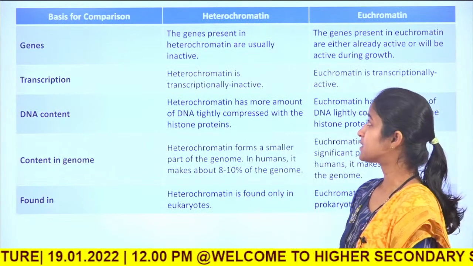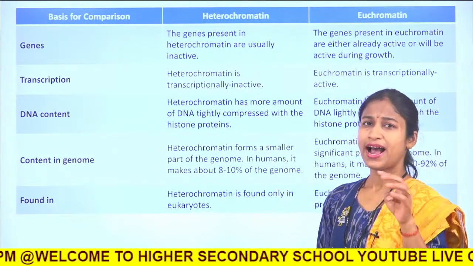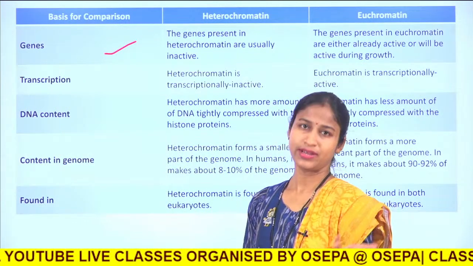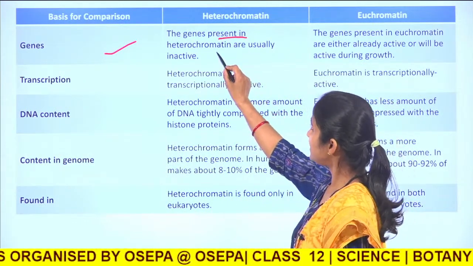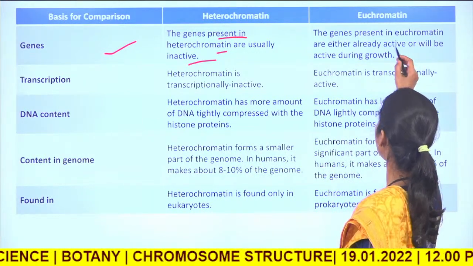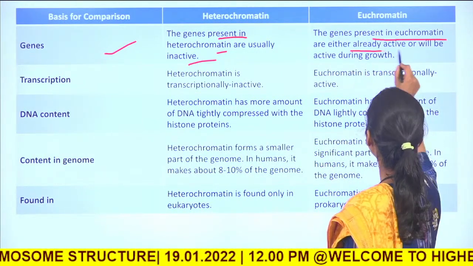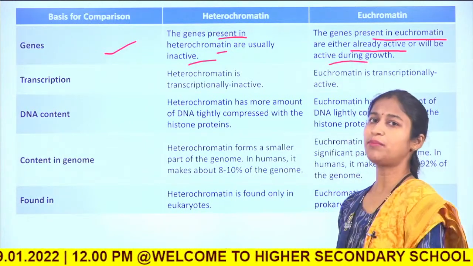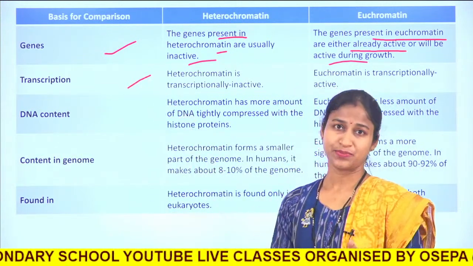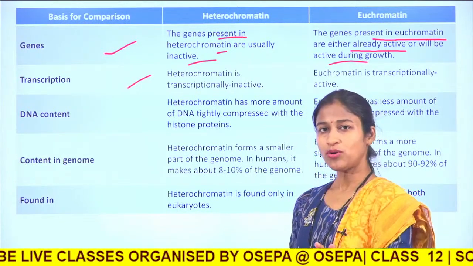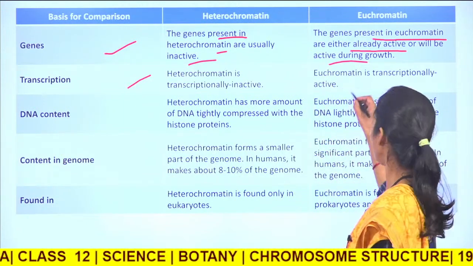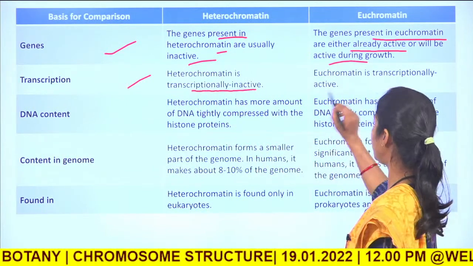Now, next regarding genes. The heterochromatins do not have genes, or they have very few genes, or almost no genes. The genes present in these regions are usually inactive, so there is no such activity. The genes present in euchromatin are either already active or will be active at some point of time. Regarding transcription, whenever there is more gene expression, there will be more transcription. So the heterochromatin region will be transcriptionally inactive and the euchromatin region will be transcriptionally active. As you can see here, this is transcriptionally inactive and this is